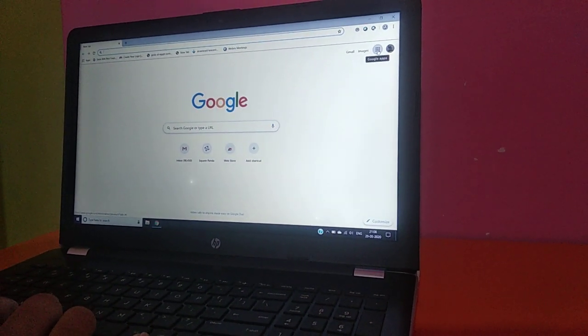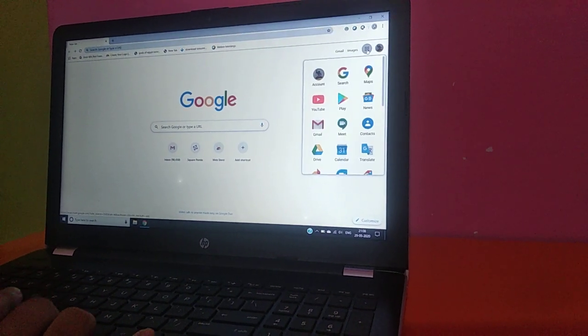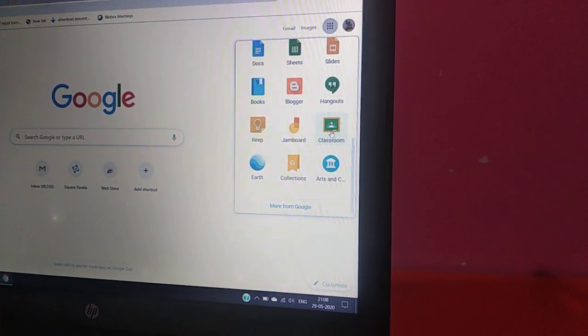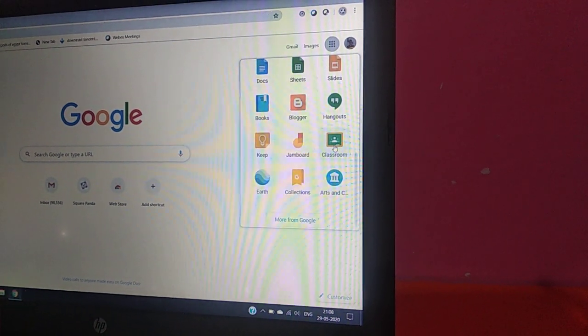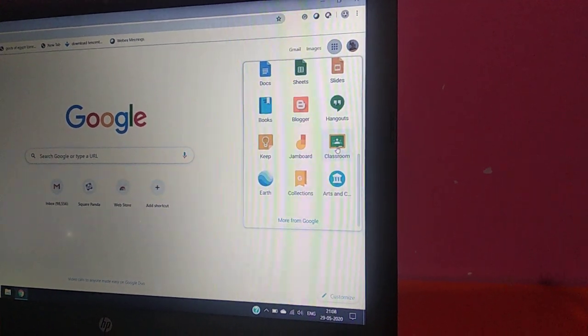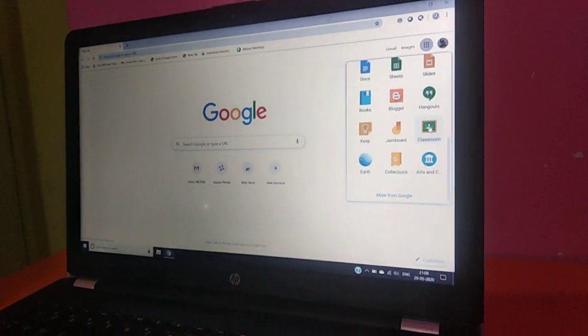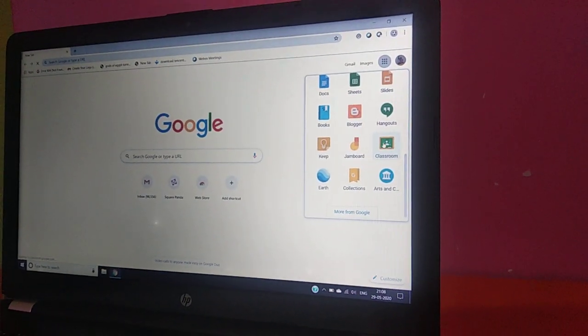On clicking it, you can have access to Classroom. Can you see this icon? This is Google Classroom. Click it. The moment you click it, it will open.